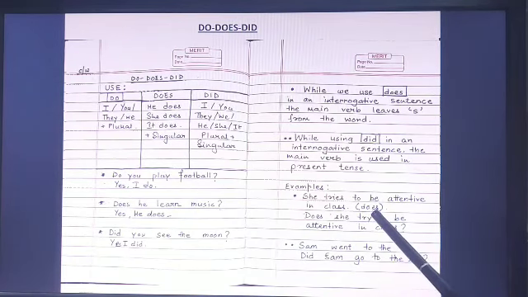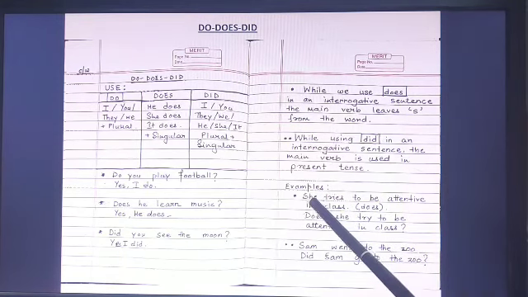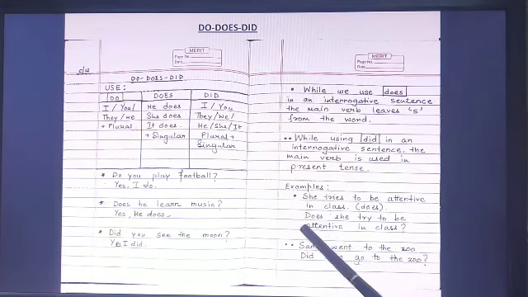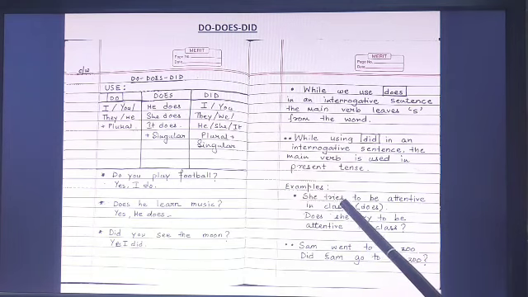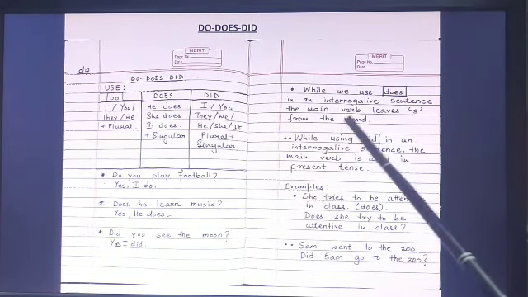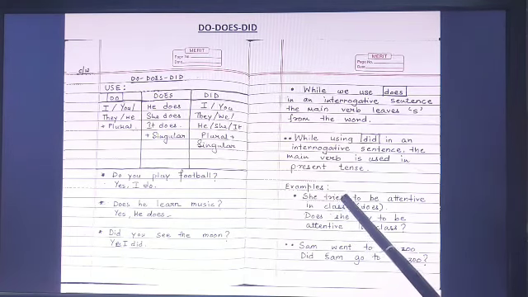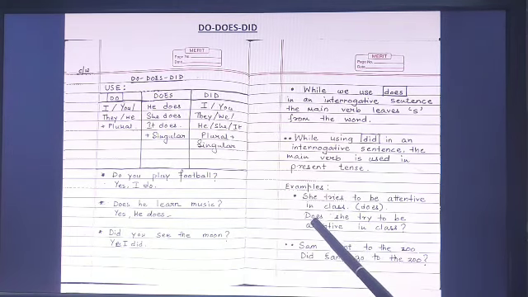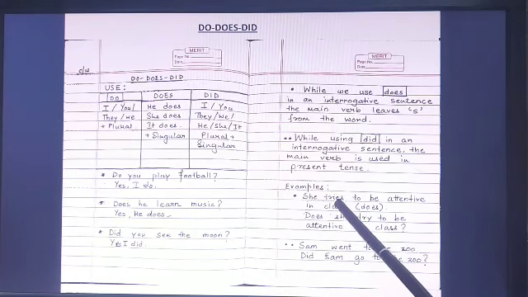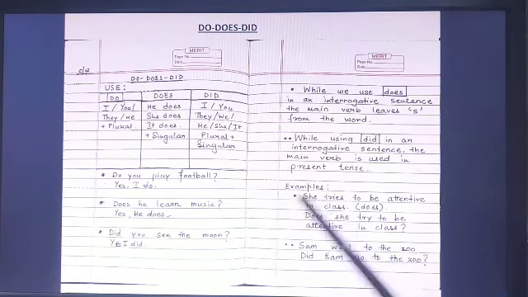So we have to use does when we are changing into interrogative? Yes, correct. So when we are using does, the verb drops its S. See, the main verb leaves S. So tries becomes try. And let's see here. Does she try to be attentive in class? Got it? So this main verb drops the S at the end and then makes an interrogative sentence.